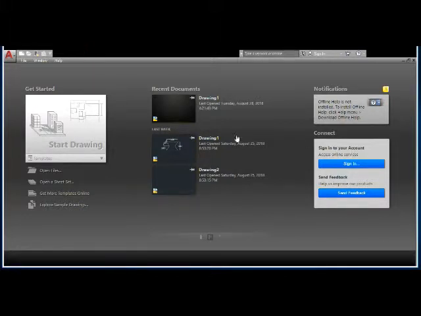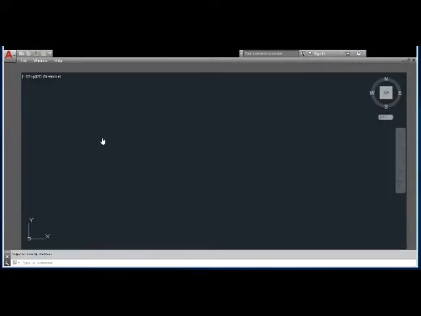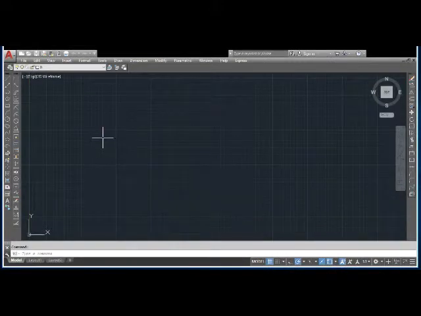Hello guys, we are going to draw another 2D diagram in AutoCAD. So let's start drawing. We have the classic window of AutoCAD 2019. So for this diagram, first take a point